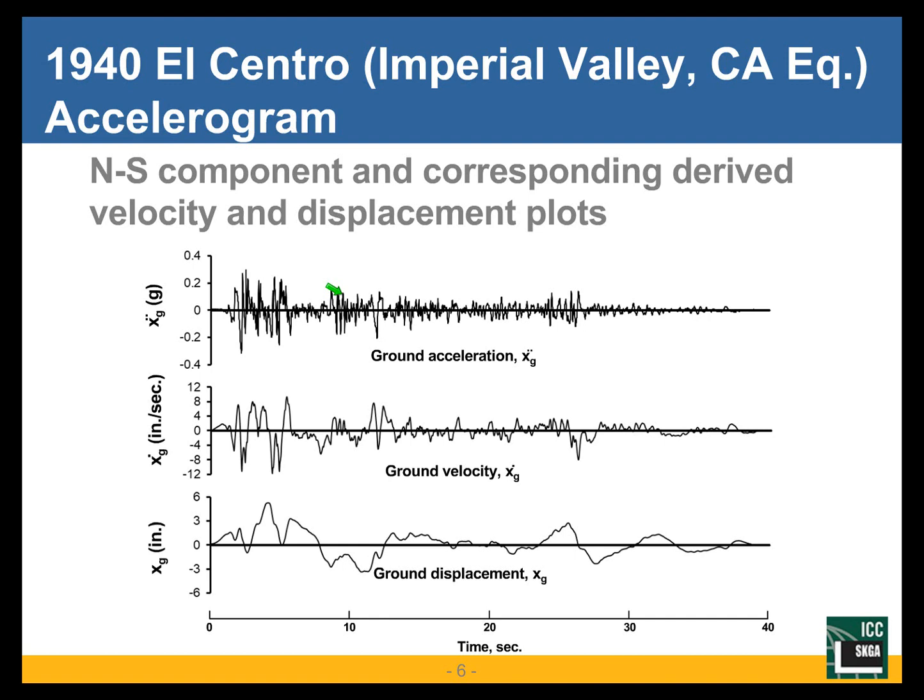Now the ground velocities that are obtained by integration of the acceleration record are integrated one more time with respect to time, yielding ground displacements, which you see in the bottom plot as a function of